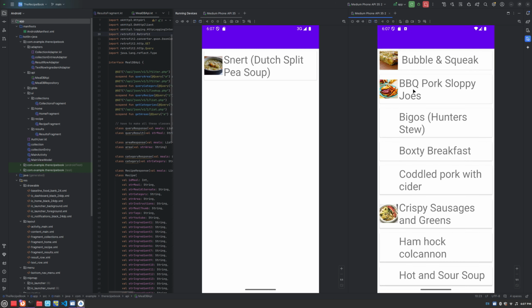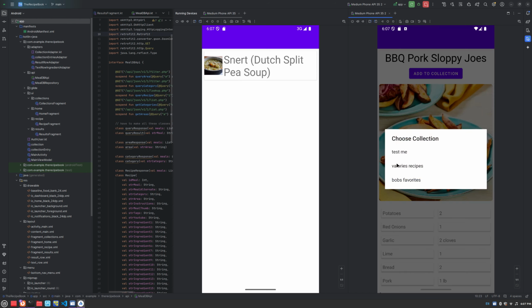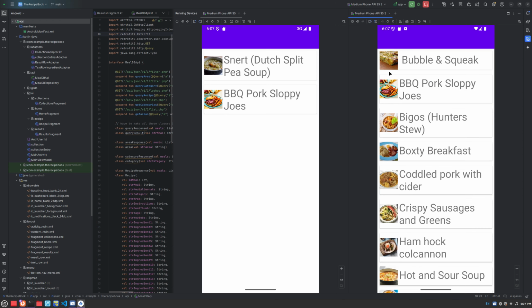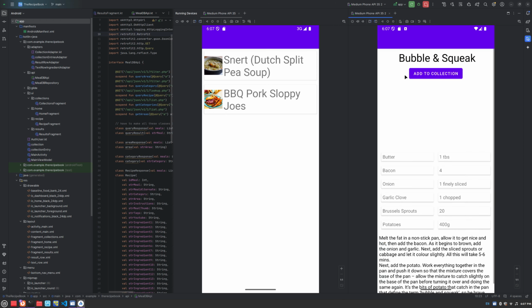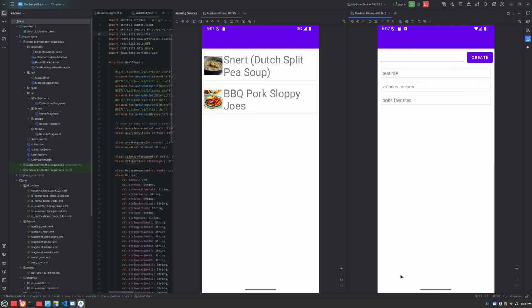Sloppy Joe. You can see it will pop up. Bubble and Squeak. Huh. Anyway, if we come back to the collections page, so now there is also the weird corner case of